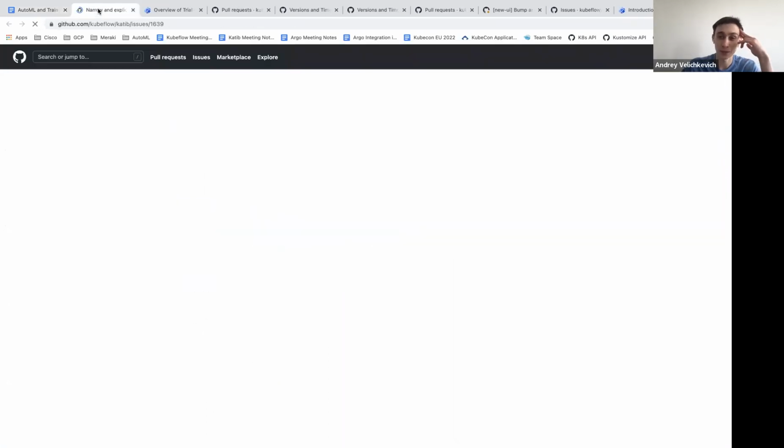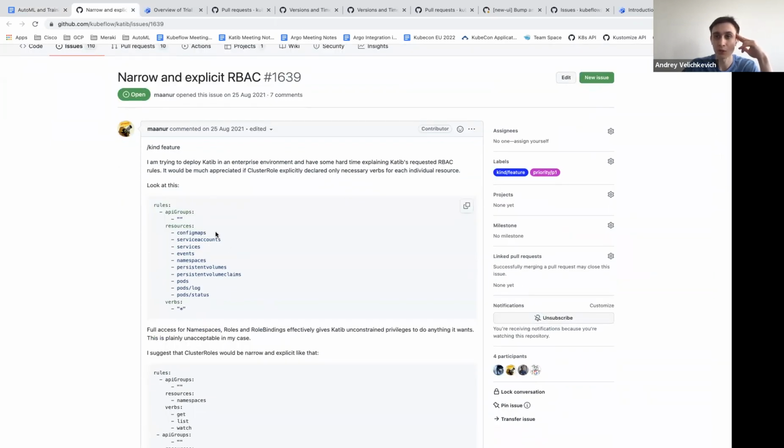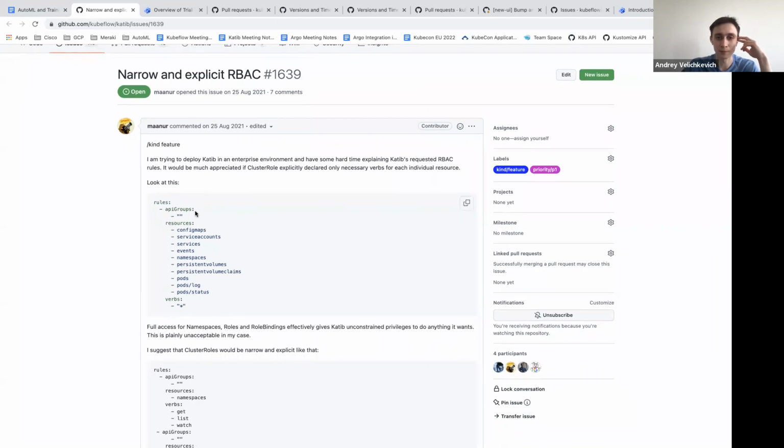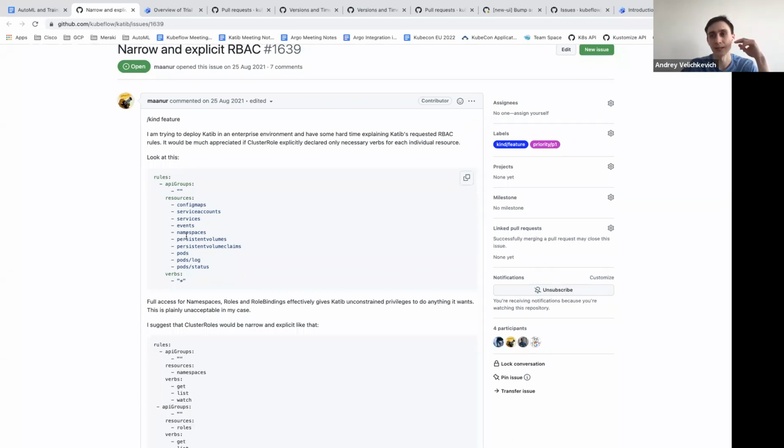Okay. Other than that, one thing about the RBAC. We have an issue that we should probably change our RBAC to have only limited resources for the controller, because right now we have some unnecessary resources, and this is not good, to be honest. We should understand which permissions we need to provide to our controller.